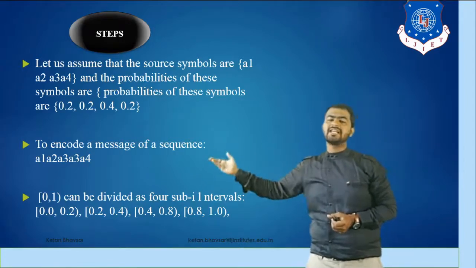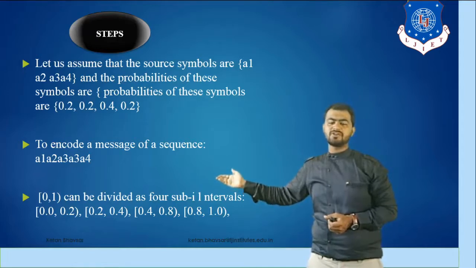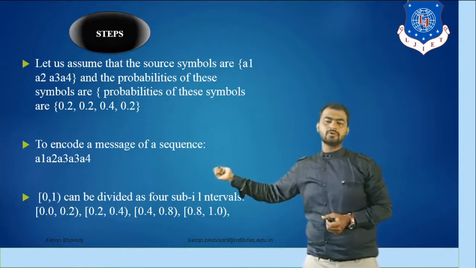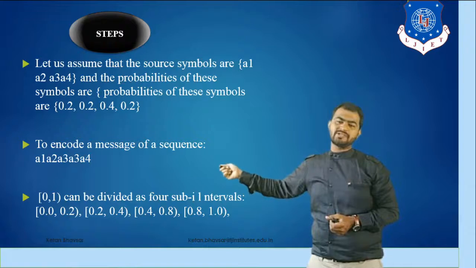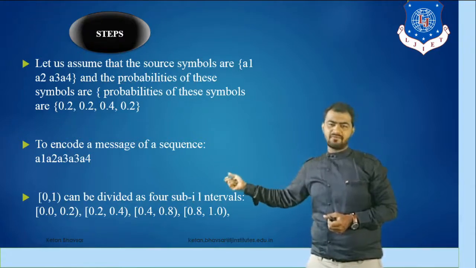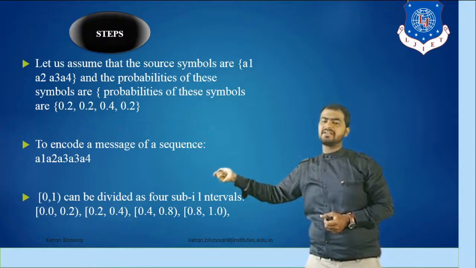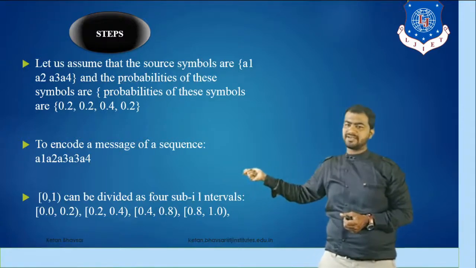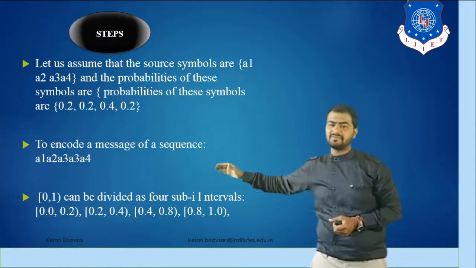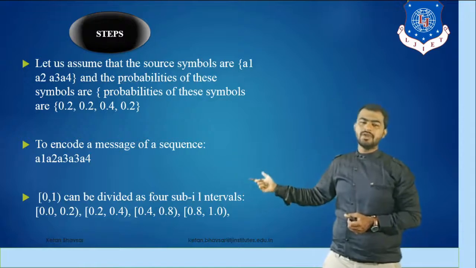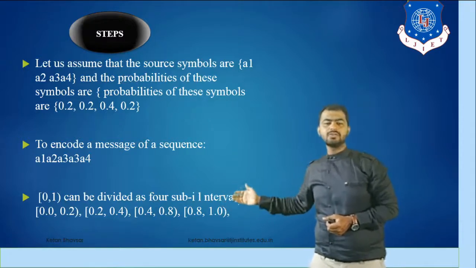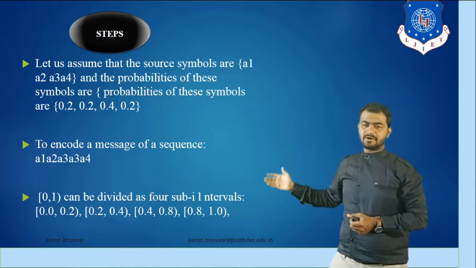But now you can see that A3 appears 2 times. Because of that reason we add the two values, 0.2 and 0.2, so it becomes 0.4. And A4 is equal to 0.2, A1 is equal to 0.2 and A2 is equal to 0.2. So ultimately A1, A2 and A4 together are equal to 0.6 and A3 is equal to 0.4. So ultimately we are getting the answer 1. So 0 to 1 can be divided into this type of subsequence.